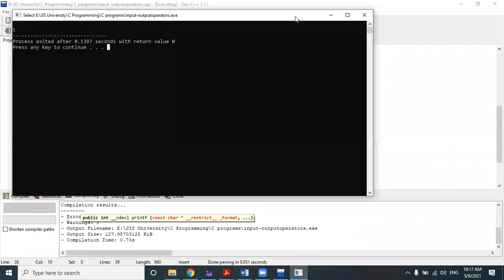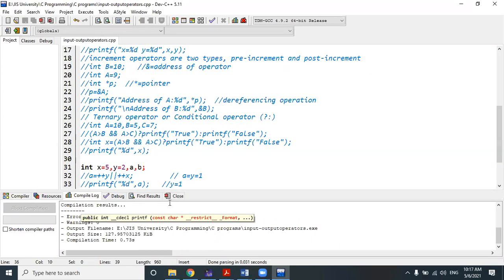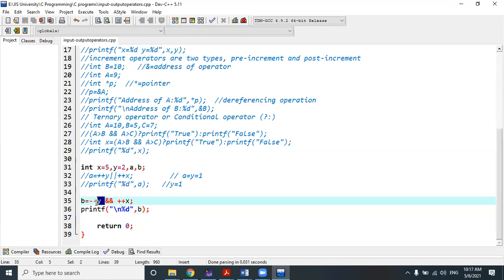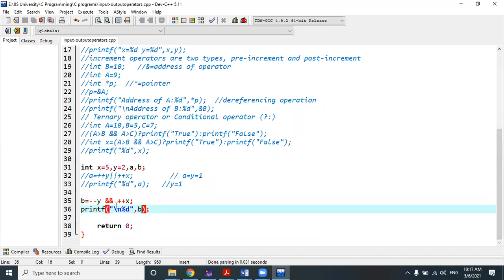It gives 1. The first one is true. I'm printing the value of b, right?